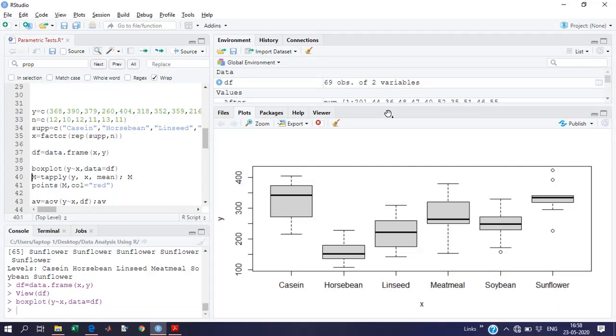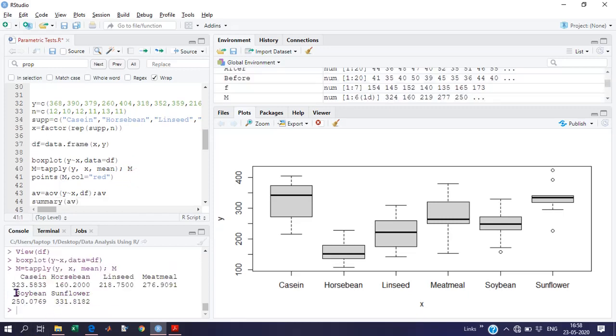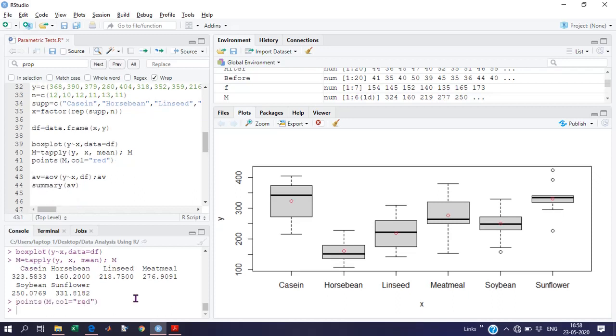Instead of plotting means, I will go for putting mean values here only. So I will apply tapply on y by using grouping variable x and calculating the mean. Let's see what m actually does. M calculates the mean for all the food supplements. And as we have already plotted the box plot, we can go ahead and plot points and color them red. See what happens. Here is the mean observation.